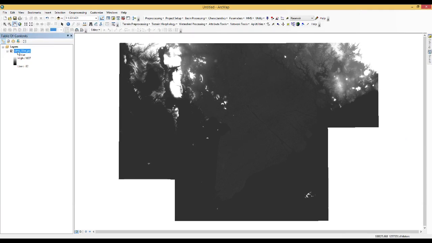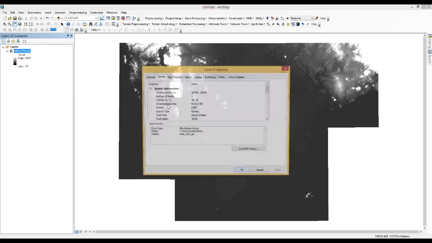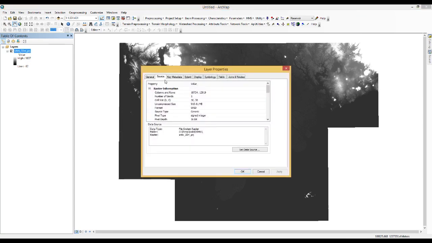Okay, so let's check that projection in the properties. You can find the source tab to check the projection for this data's spatial reference system. So in this case,